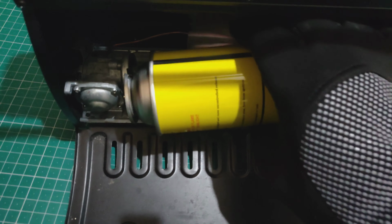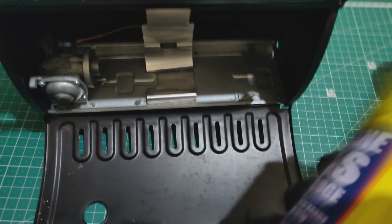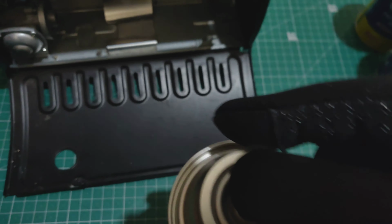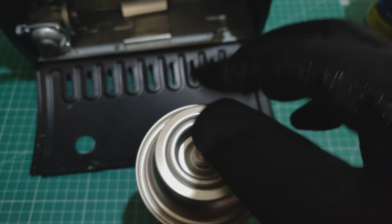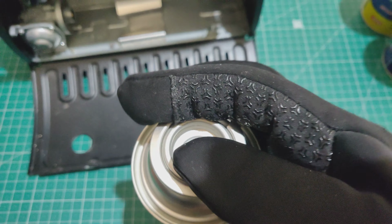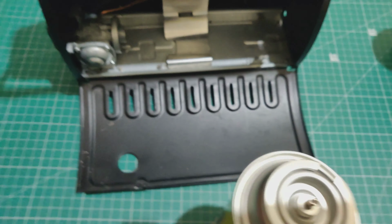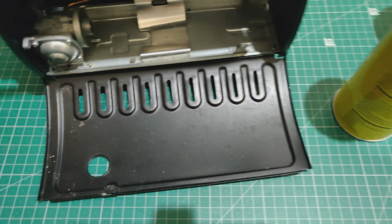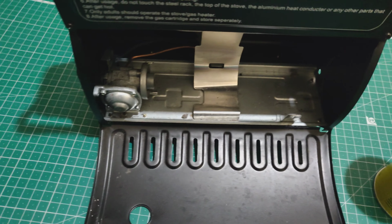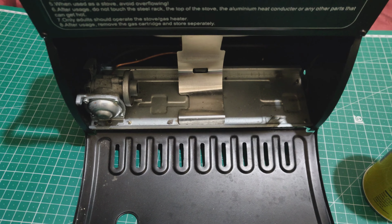See, it was on solid, but notice, don't worry, there's plenty of butane in there, don't worry about that. So, as you can see, this is the reason why I'm doing this video, is simply because this heater,